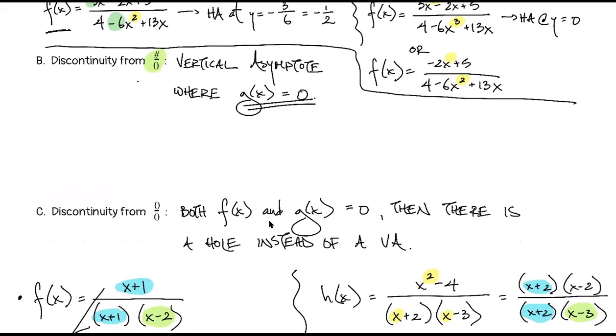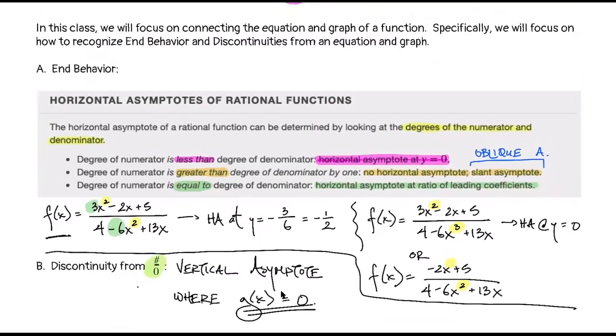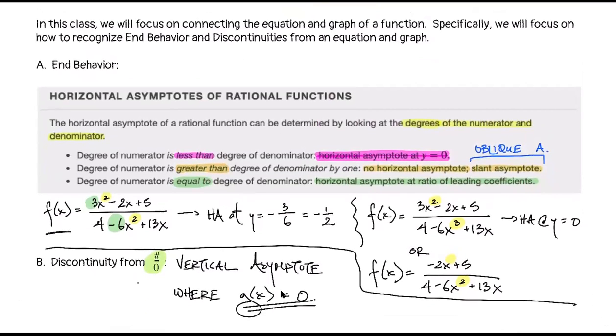And then we talked about end behavior. Let me scroll up so you can see that end behavior piece, where we had to compare the degrees of the top and the bottom to come out with whether we have a horizontal asymptote or not, okay? One thing that I did want to clarify here is this. When we have a horizontal asymptote,